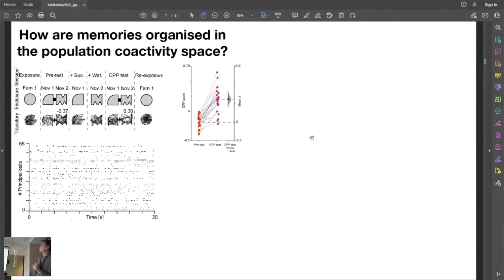So to do that, we have animals going through this task, which is called conditioned place preference, which is CPP. I'm very sorry that you probably won't be able to see a lot of the labels. They should be able to see them on